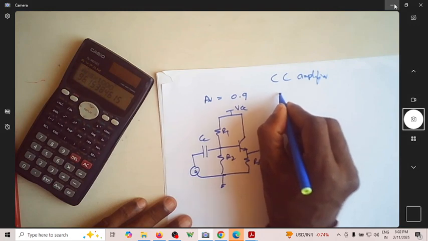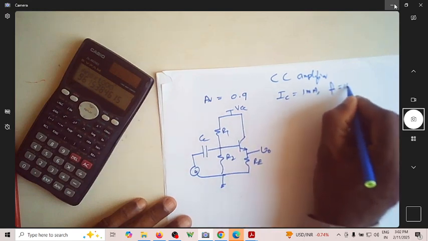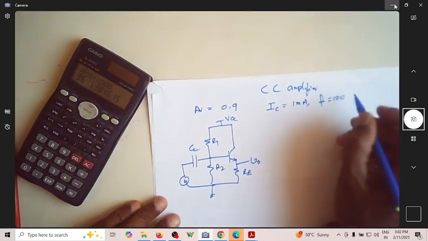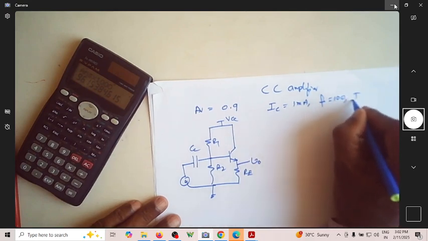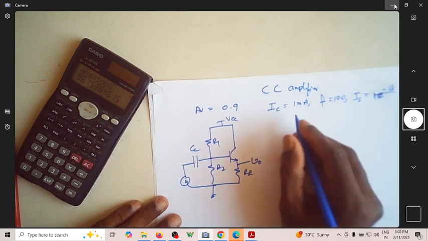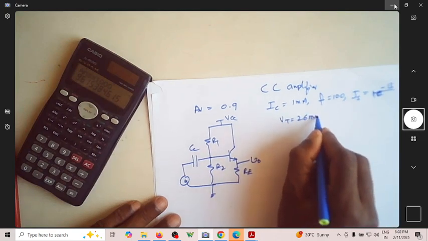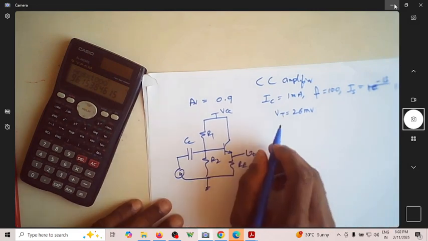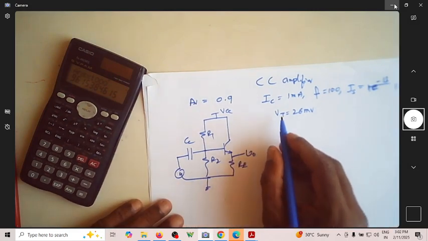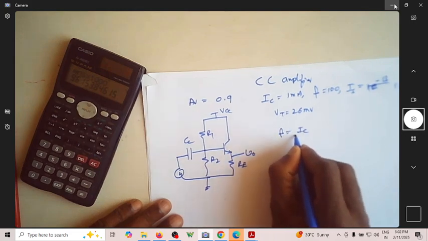So again, what are the assumptions? Let us assume IC is equal to 1 milliampere, beta is equal to 100. Of course, these are the things you should write while designing. Beta, and then IS is equal to 10 to the power of minus 13 ampere. Then Vt is equal to 26 millivolt. Okay, these are the assumptions, and the equations we have are